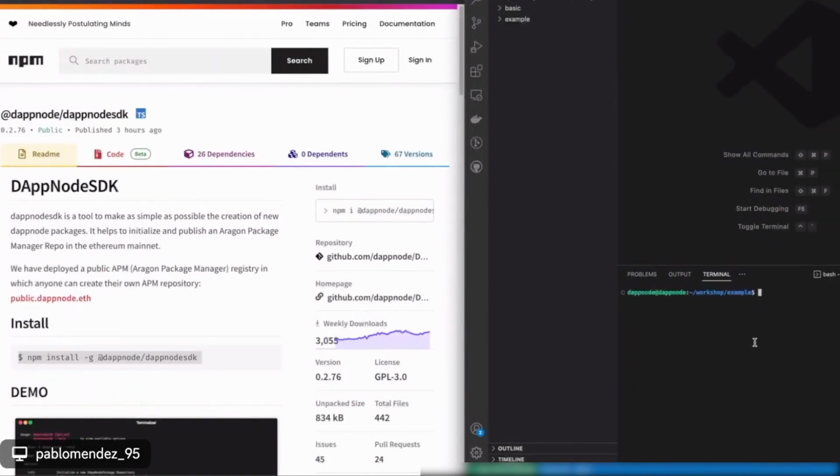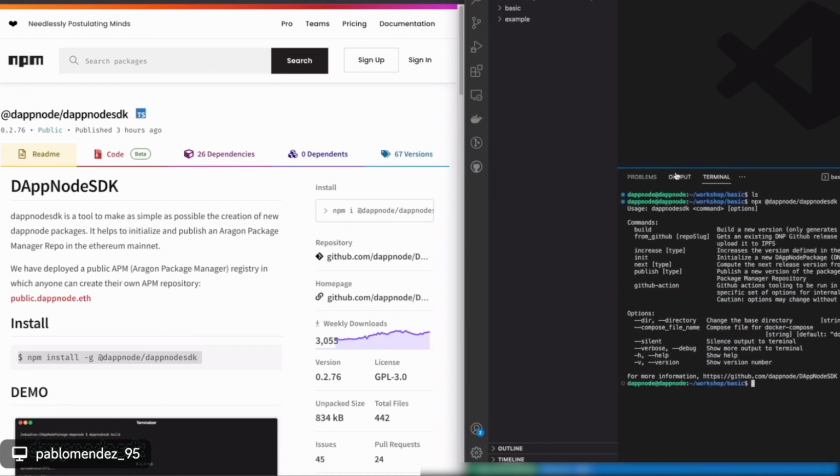So I'm going to get into the basic directory and I'm going to start working in this directory. So I'm going to run npx dappnodesdk, and I'm going to run the help command to check all the commands available.